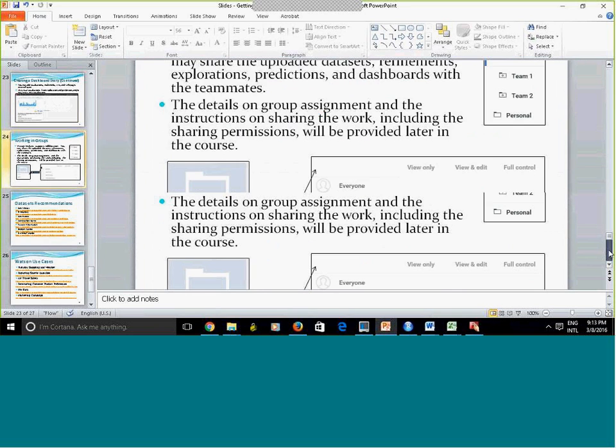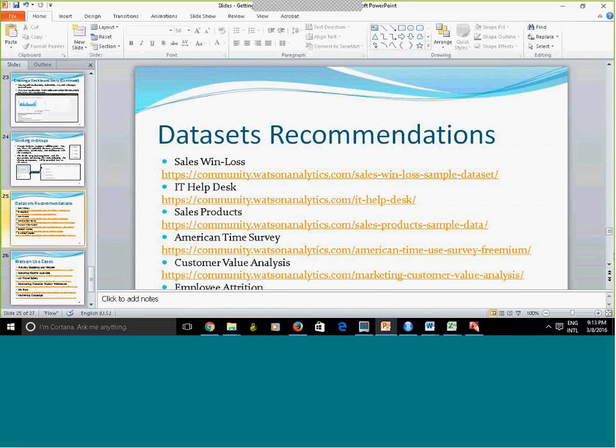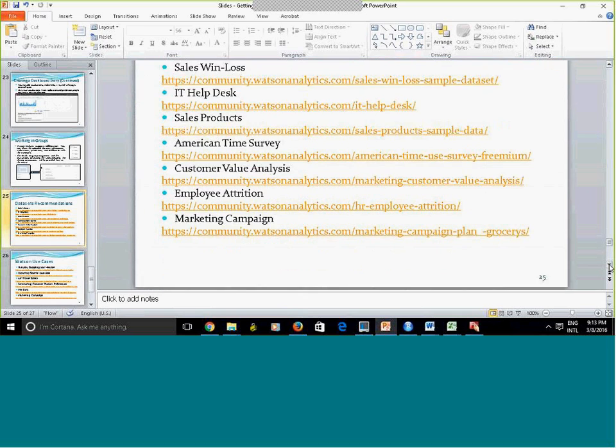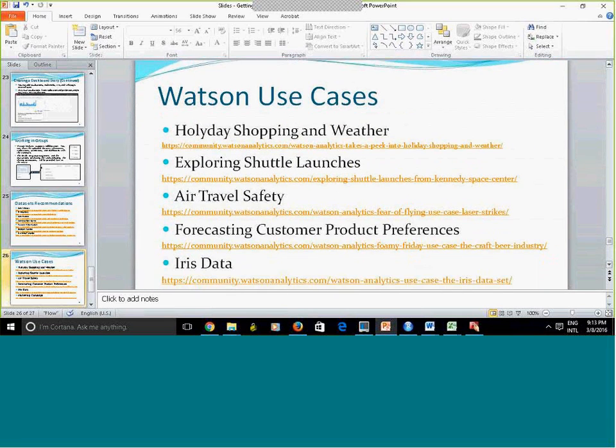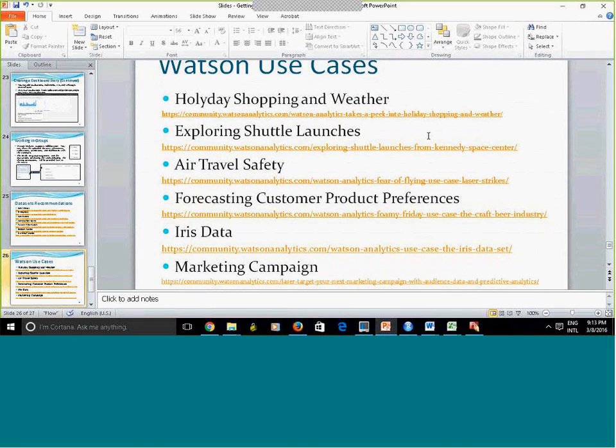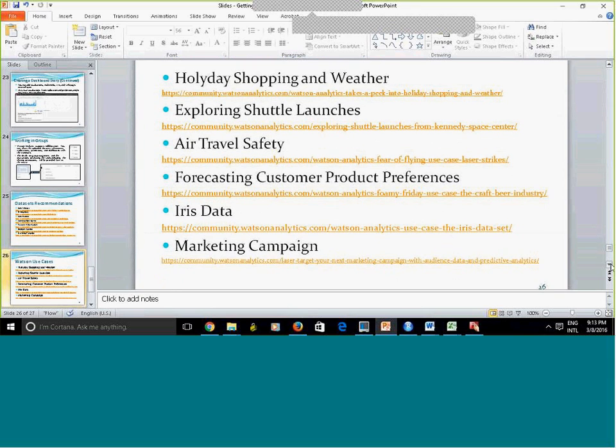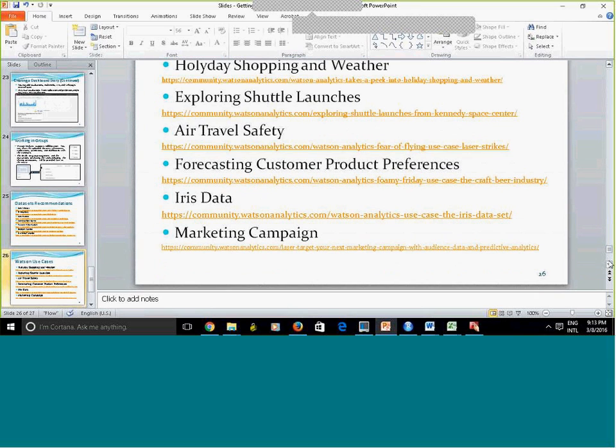Questions are good. So on the last two slides, you have some dataset recommendations. Yeah. And here, there are some links where you may find some descriptions and actual case studies, some examples of what they do with the data. It could give you ideas. If you upload your own data, then